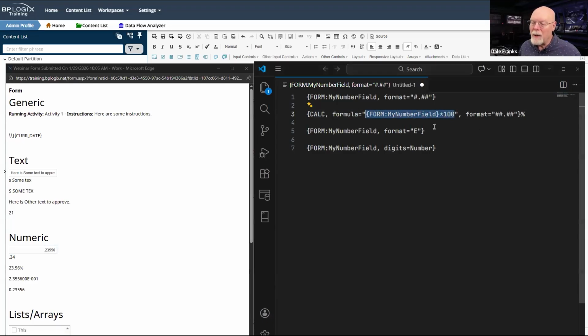I want to take my number field and I want to multiply it by 100. So basically, I'm going to move this decimal for 23556. I'm going to move that decimal 2 characters to the right. So it turns out to be 23.56 in this case, even though it is 556.